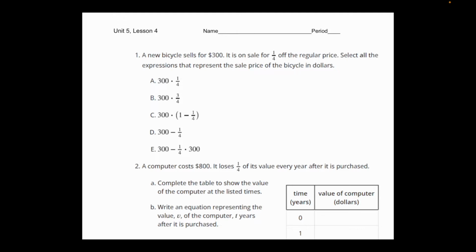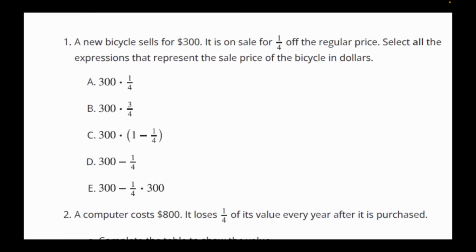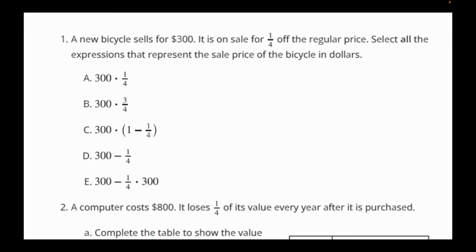Okay, now with a sale price, if we're taking 1/4 of the price off, that means what we're going to pay is the other 3/4. So the sale price of the bicycle is what we actually have to pay. So this is a little bit different here. So 1/4 off is the discount,